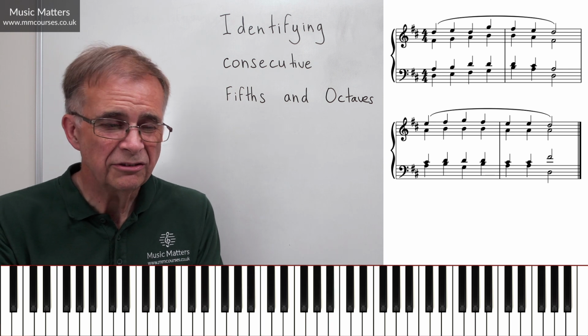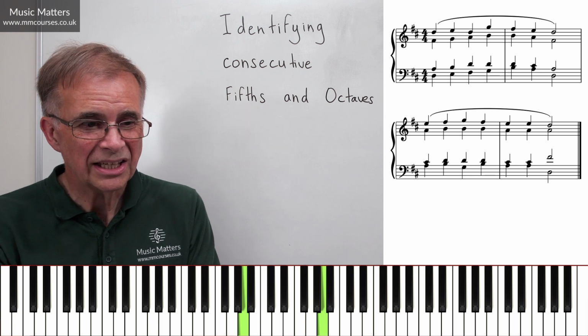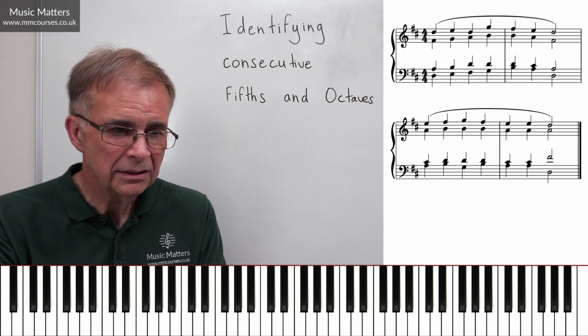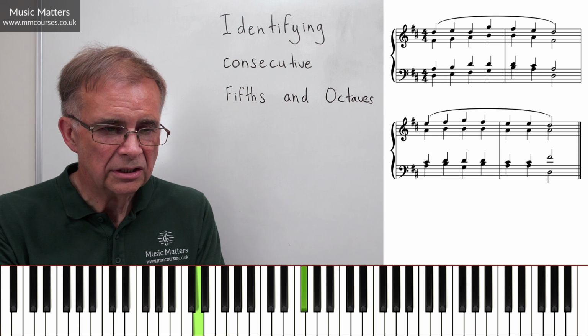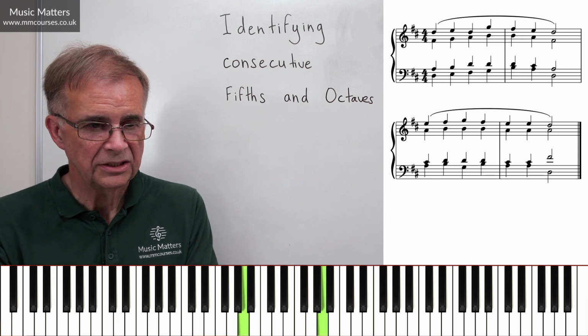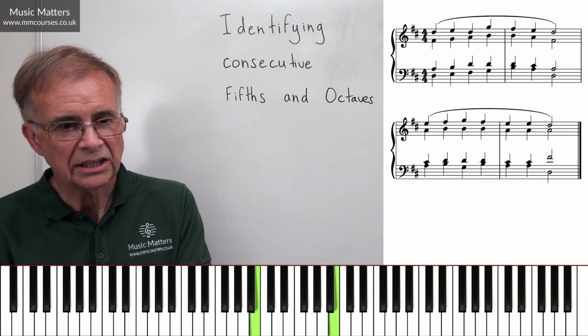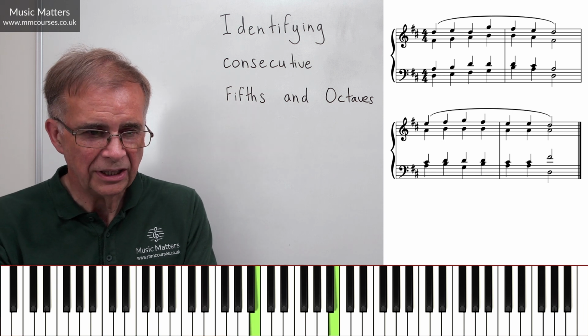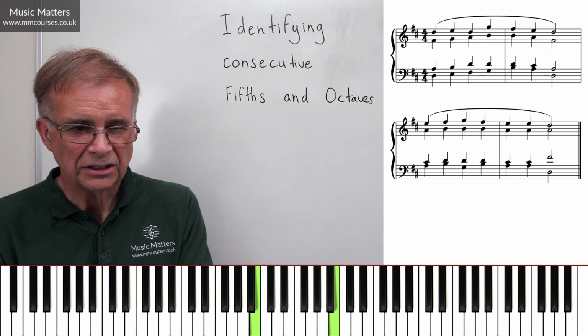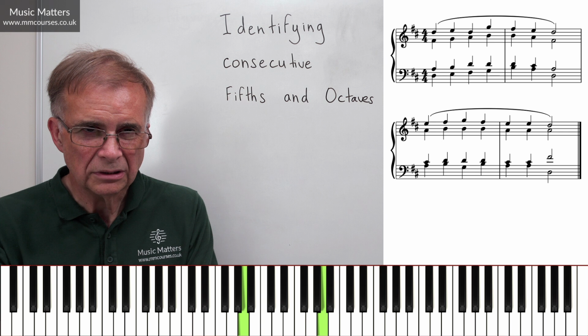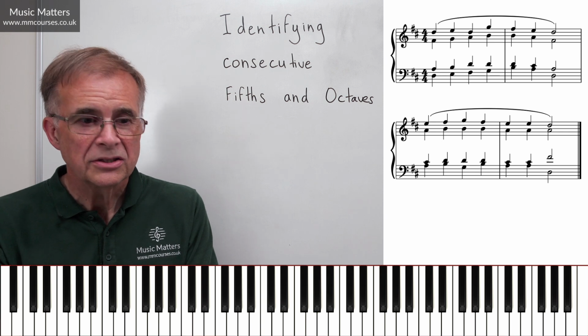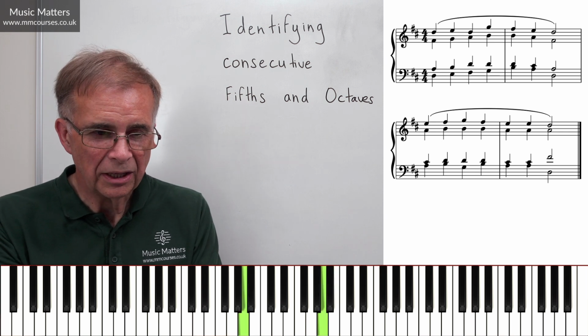So perfect octaves, they're consecutive. So we'll have to change something there. Okay, third, that's good. Into bar 3, octave, it's a perfect octave, followed by another perfect octave. So consecutive octaves, we're going to need to fix them, I'm afraid. Third's okay. End of bar 3, another perfect octave, going into bar 4. Oh dear, another perfect octave. So we'll have to fix that going over the bar line there.